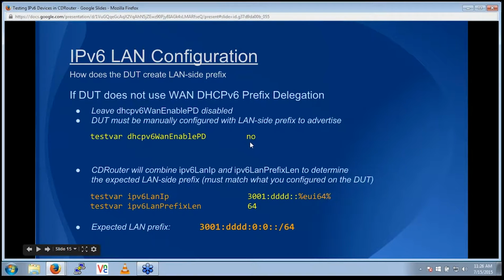This means that prefix delegation is disabled on CDRouter. And we've set the IPv6 LAN IP test var to match the prefix section, which will match the prefix that you've set on your device. The lower portion in orange can be omitted here if you're using DHCPv6 for assigning LAN clients addresses. Otherwise, you would want to specify this keyword